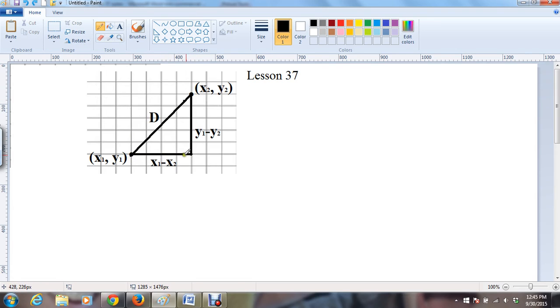The horizontal leg is just the difference between your x coordinates because you're going from x1 to x2 horizontally, and then vertically, your vertical leg is just the difference between your y coordinates because you're going from y1 to y2. How far is that? Well, it's the difference between the y coordinates. All right, so setting up the Pythagorean theorem for this triangle, you would have d squared equals,